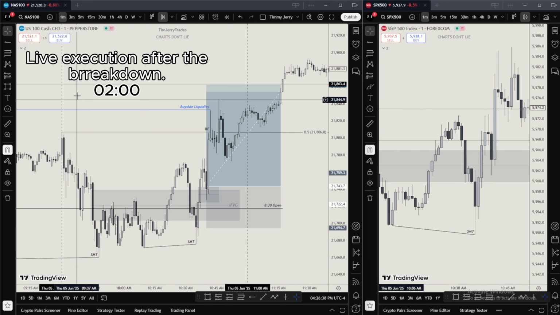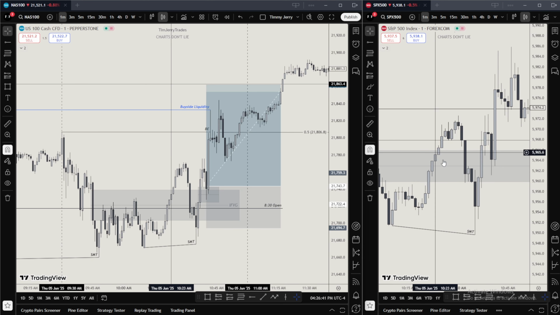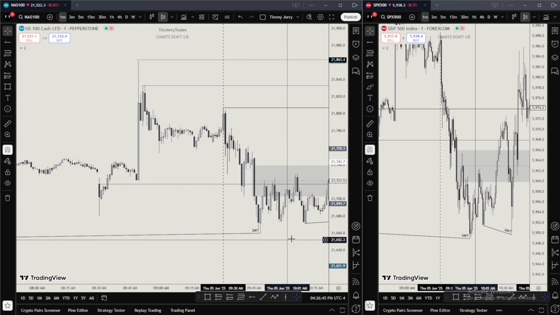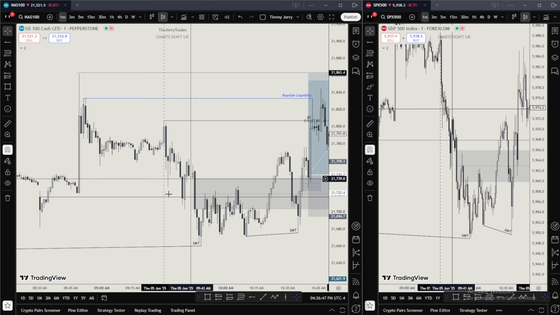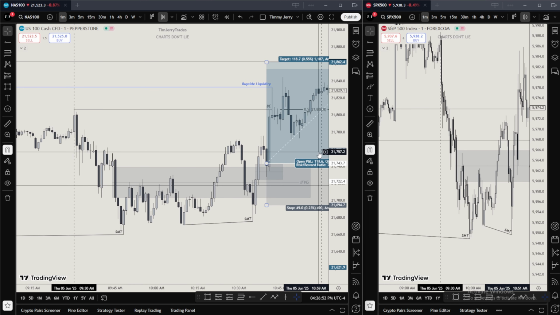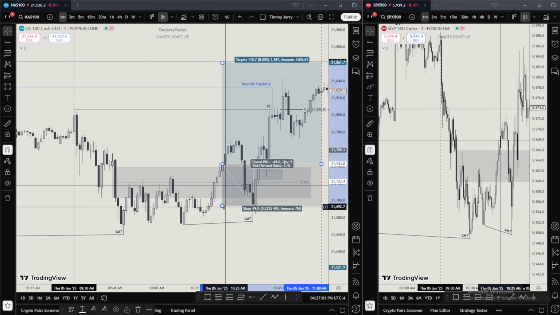Okay, in this video I'm going to be breaking down today's trade that I caught today. So on the first trade, we can see this SMT right here, and all I needed price to do was to inverse this fair value gap right there. As soon as we inversed that fair value gap, I entered right there and my stop was at this